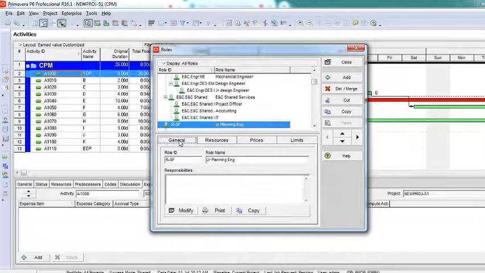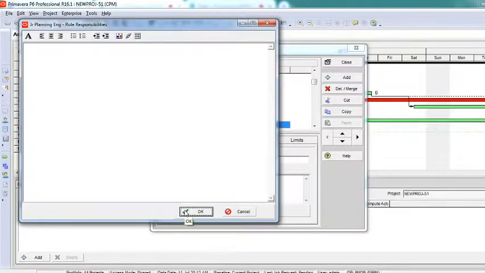Now what are the details? You can see here, again we have a detail window, the General tab. Role ID, role name. Now what are the responsibilities? The moment I click on modify, I'll get a notepad. I'll have to tell, okay, the first responsibility is to identify the scope of the project, get an approval. Okay, right. Second is to list down all the